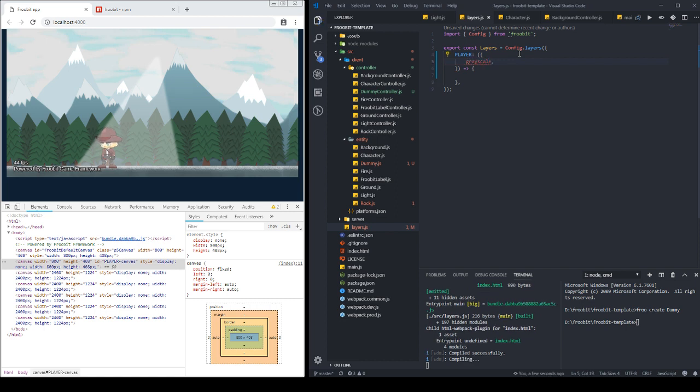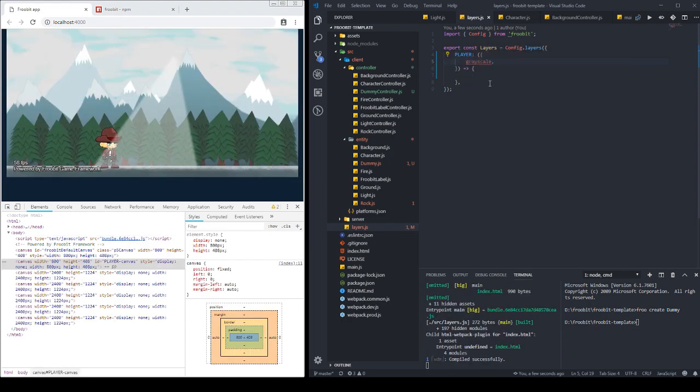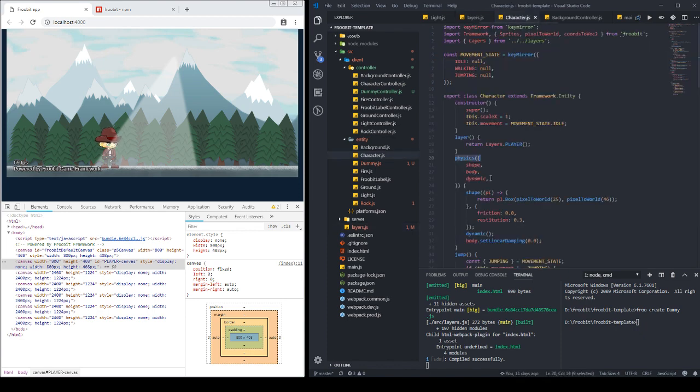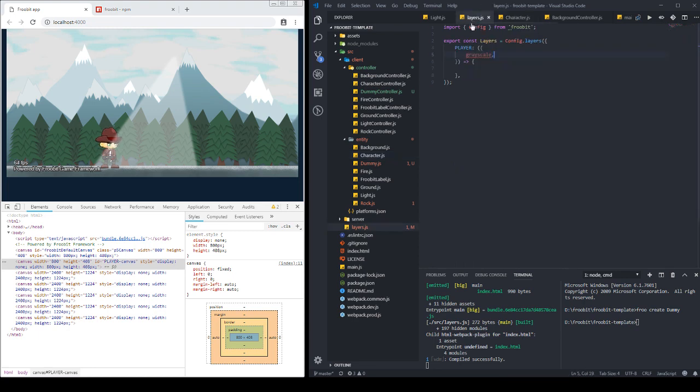So grayscale, and the pattern that I'm using here is pretty much the same pattern that I'm using for adding physics to entities. In this case you have a function, but in the other you have a method which accepts the object. And this object has a lot of functions which you can use to modify behavior. And the same is here. So you can use grayscale, brightness. This actually maps one-to-one to the canvas filter